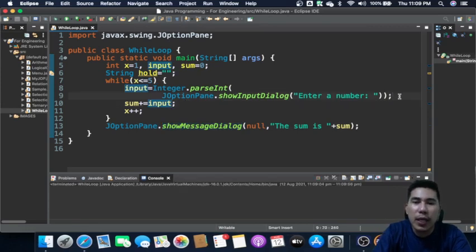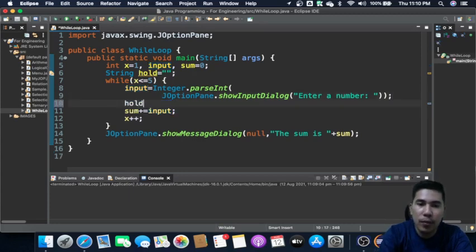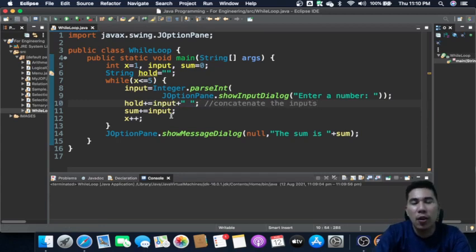So what we do here is you have hold plus equals input. So this will concatenate the inputs. If you enter 3, it will concatenate the next, 4, and then 7, concatenating each into hold.